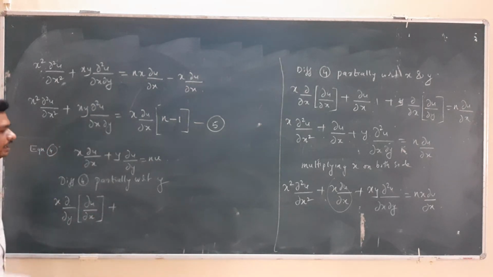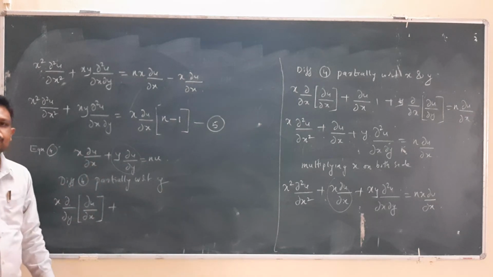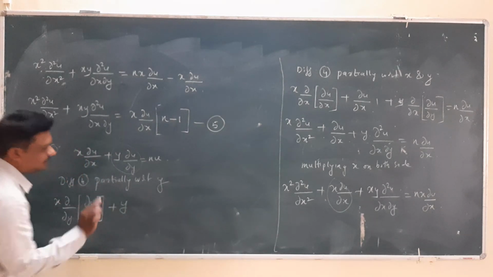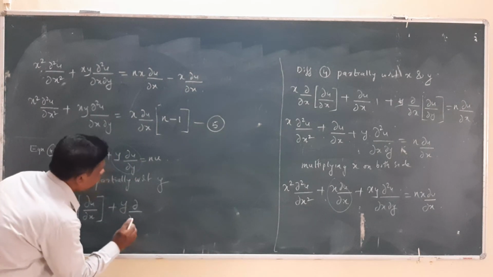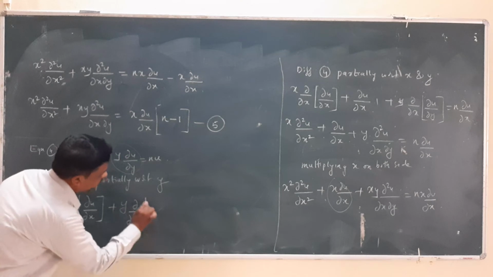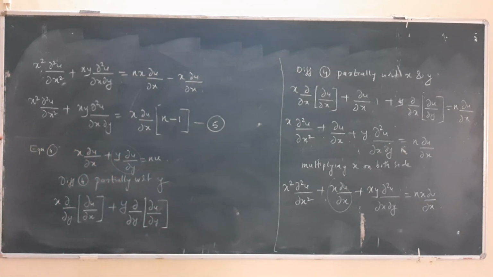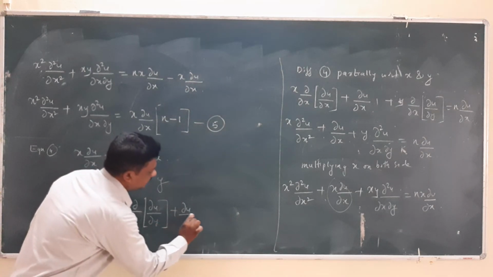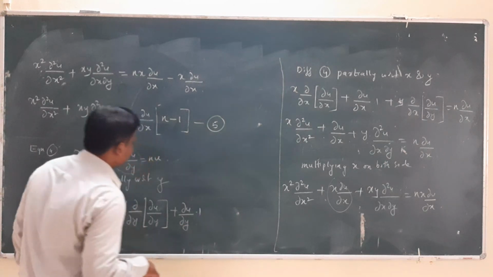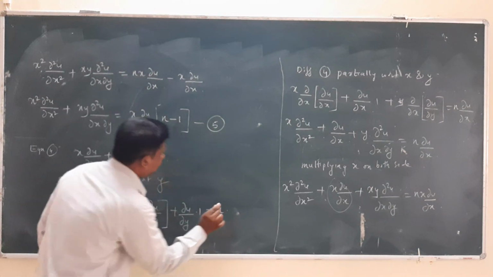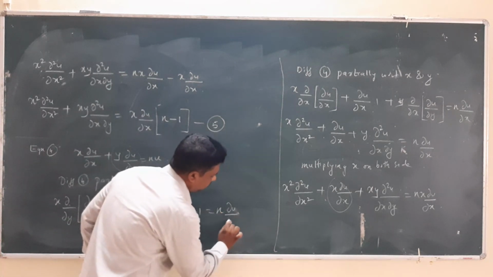plus, here we are having two items, so I will apply here the product formula. So I will write y as it is, derivative of this one with respect to y, that is dou of dou y dou u upon dou y, plus I will write the second term as it is, derivative of this y with respect to y is 1, which is equal to n into the derivative of u with respect to y, which is given by dou u upon dou y.